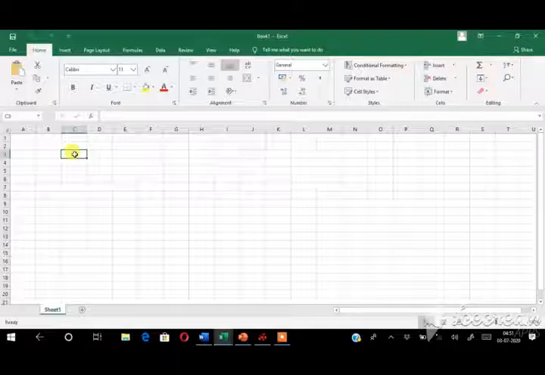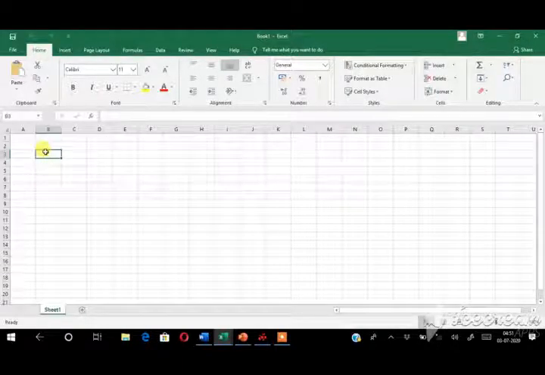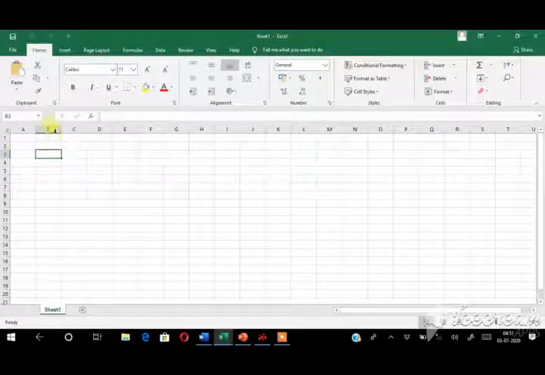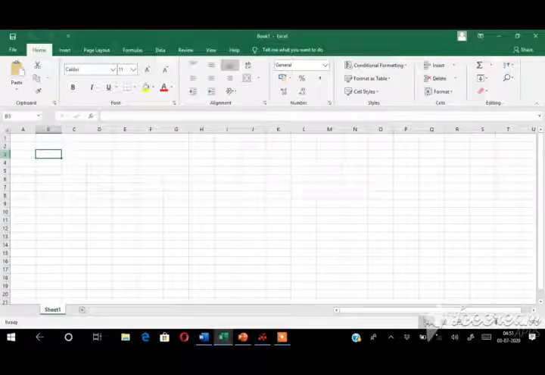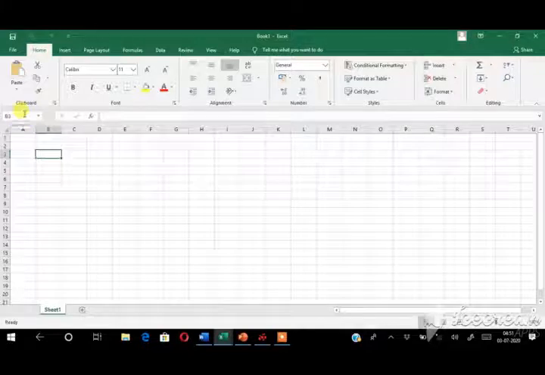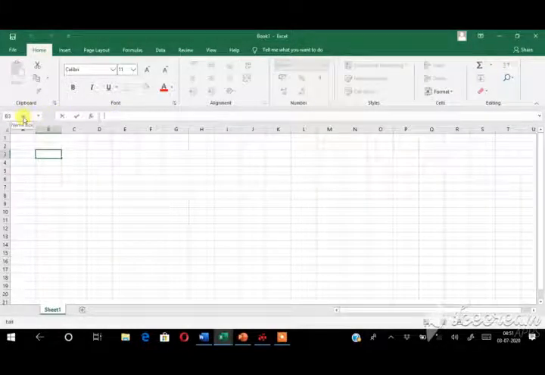Another point is that each cell has an address. This contains the column followed by the row number. The cell is the intersection of column and row. Another thing here, two boxes are available. The first one is the name box.